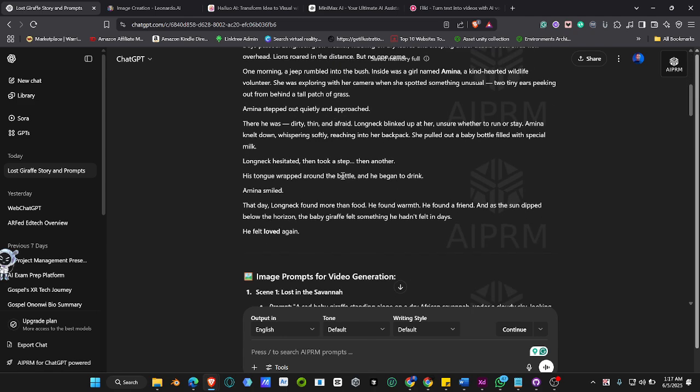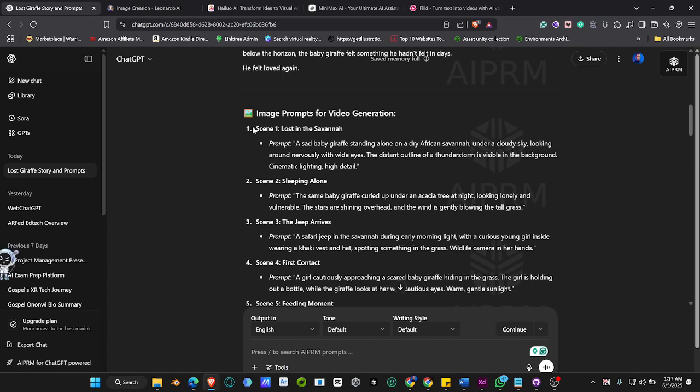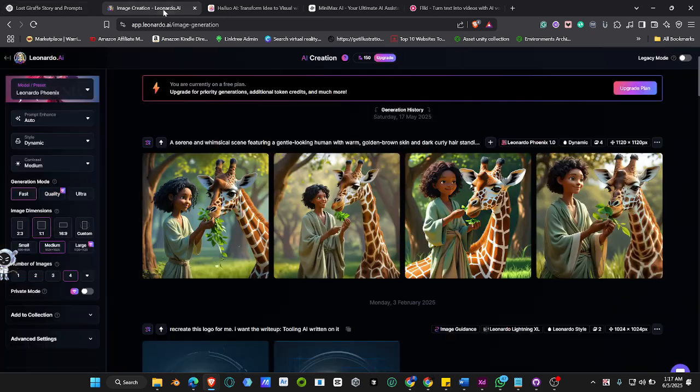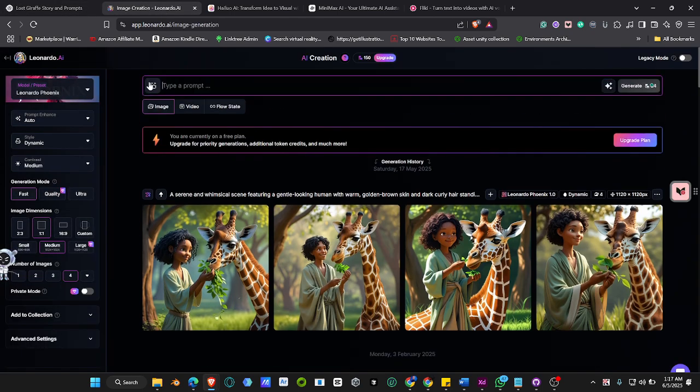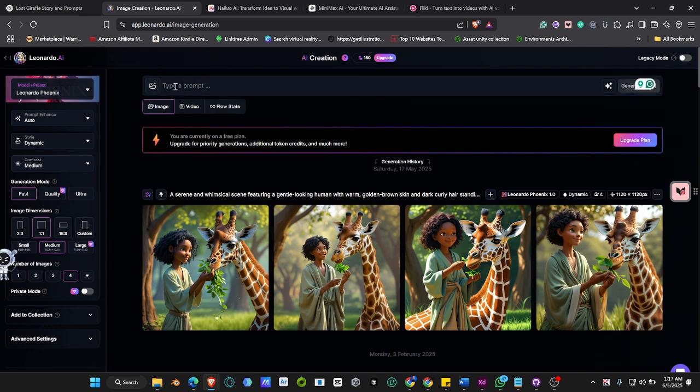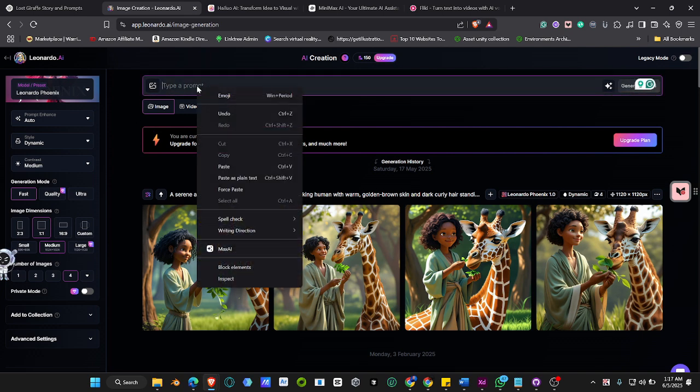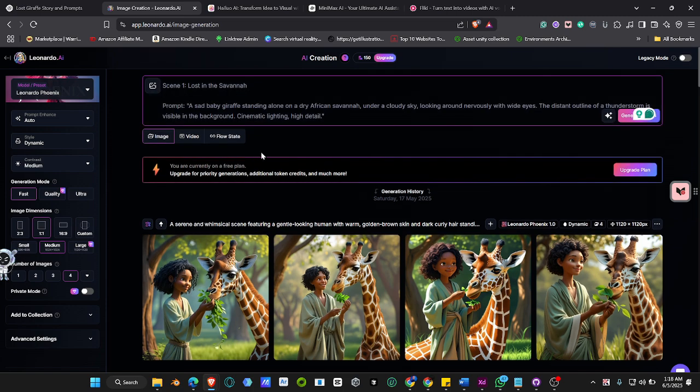Right here we are going to copy this prompt, and go over to leonardo.ai. Then where it's written type in your prompt, you are just going to paste it in there.